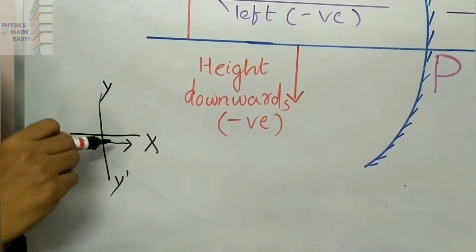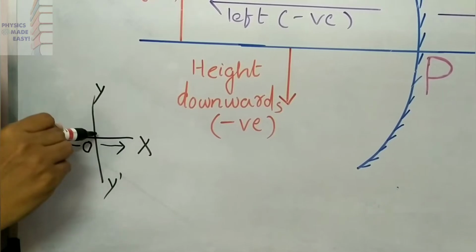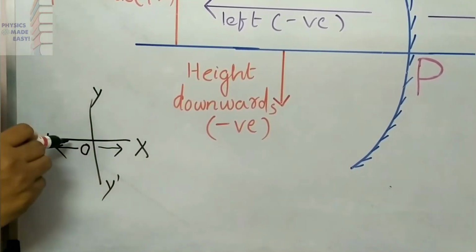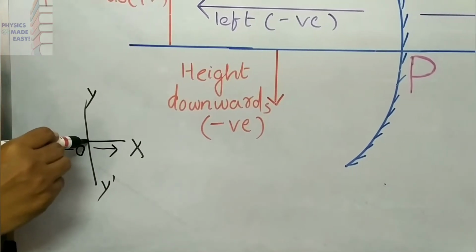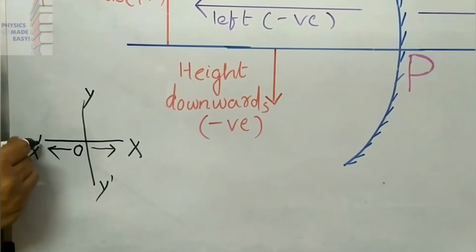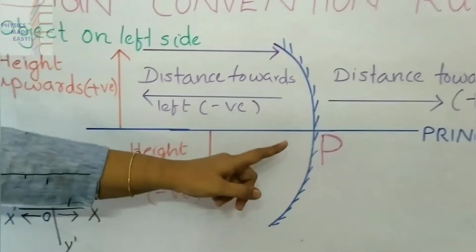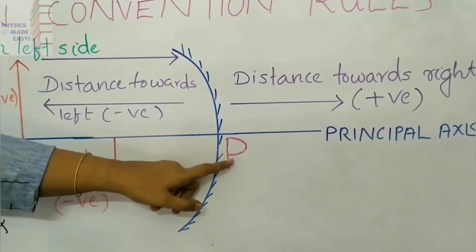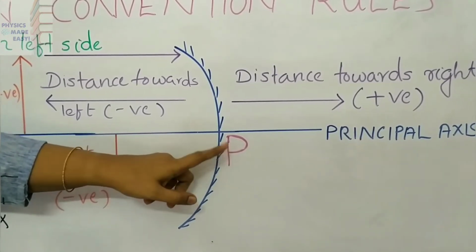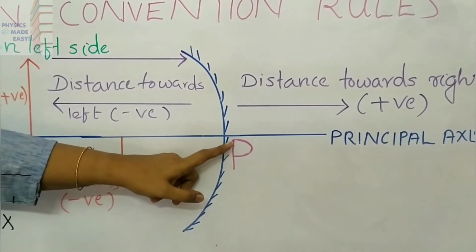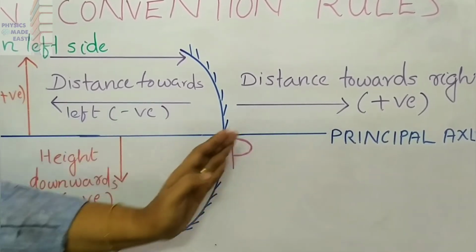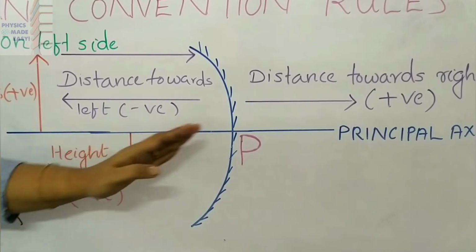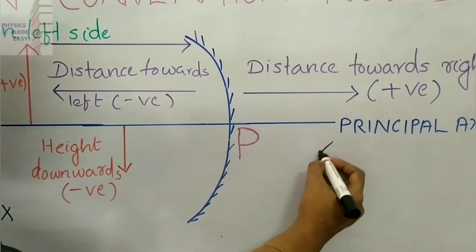This you know. Why are you getting positive numbers here? You are measuring from the origin, from 0, towards the right side. In this case, you are measuring from the origin towards the left side, so here you get negative numbers. Come here. In this case, we have to consider the pole as the origin. That means you have to measure from the pole towards the right side or towards the left side. Then you consider the principal axis as the x-axis.